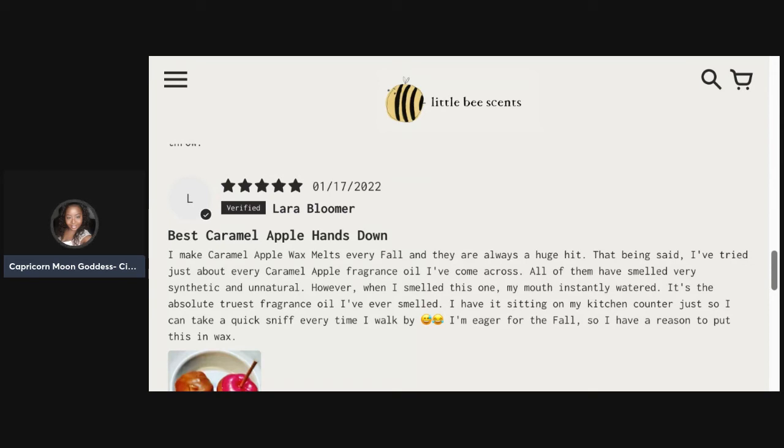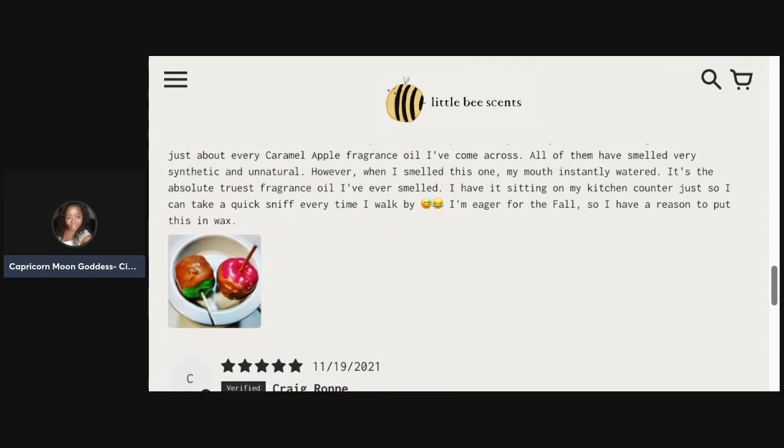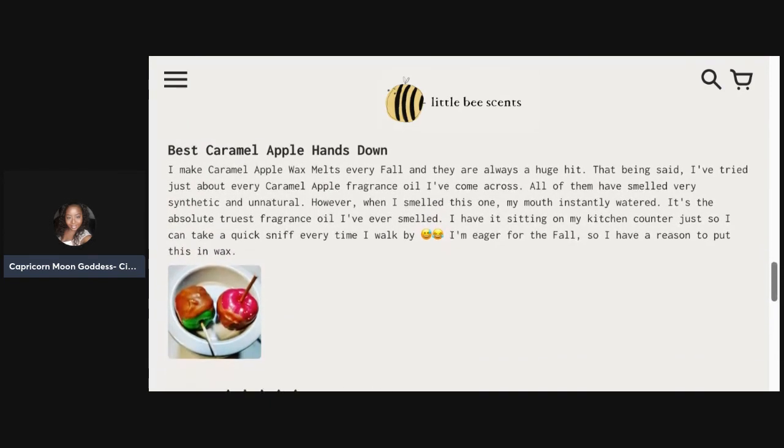She says, I tried just about every caramel apple fragrance oil I've come across. All of them smell very synthetic and unnatural. However, when I smelled this one, my mouth instantly watered. It's the absolute truest fragrance oil I've ever smelled. I have it sitting on my kitchen counter just so I can take a quick sniff every time I walk by. She says she is eager for fall, so she has a reason to use this. And look at her. She makes her wax melts look like little caramel apples. That is beautiful. Too bad she didn't put the name of her shop just in case y'all wanted to buy some of those, but